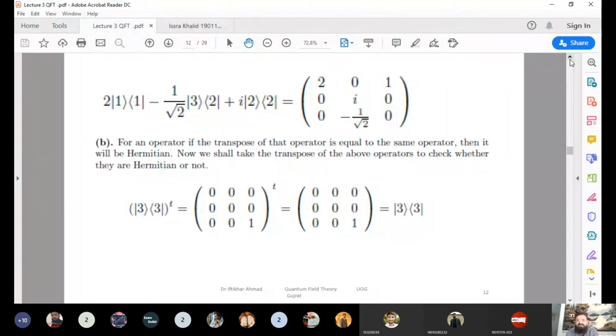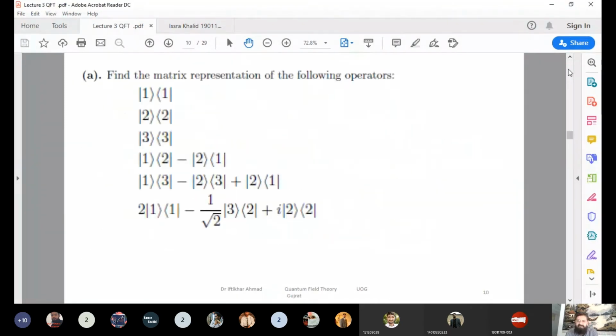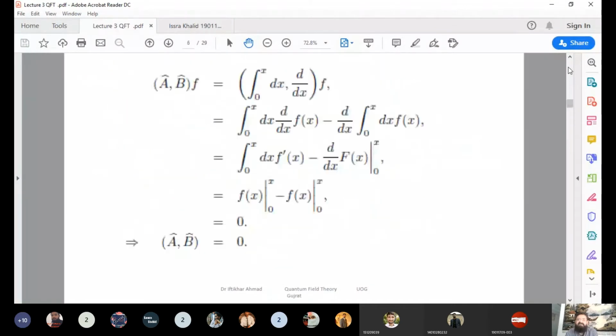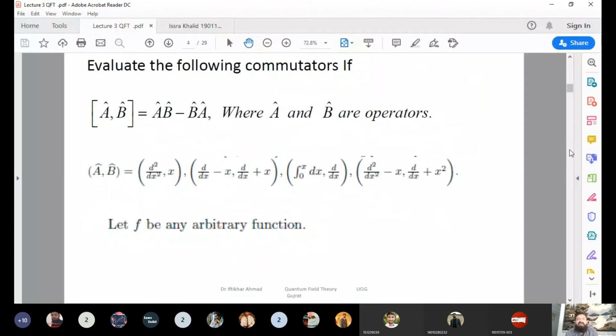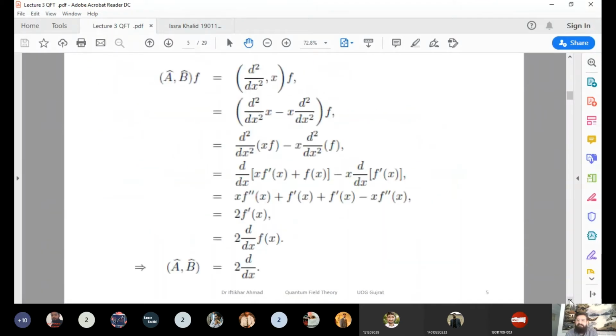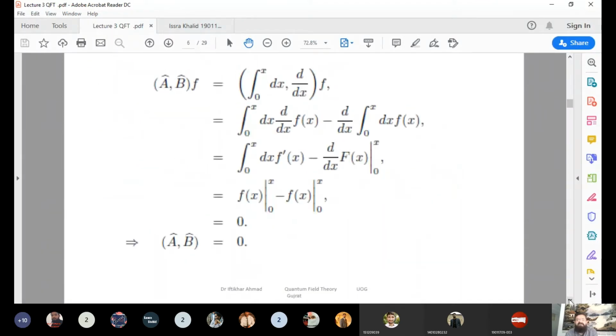Any other question from these slides? Okay, I only left these two examples for you. Okay, this one and this one. I think it is very simple and you can easily do it at home. No problem for you. The next one,